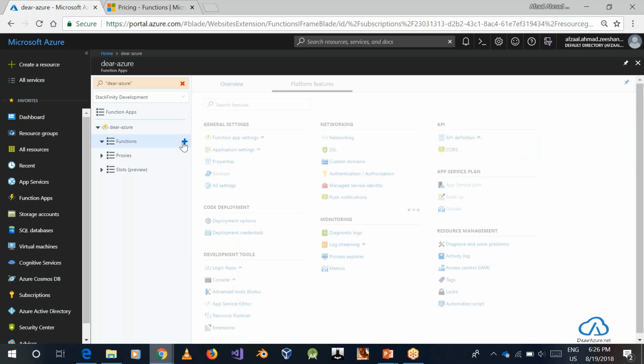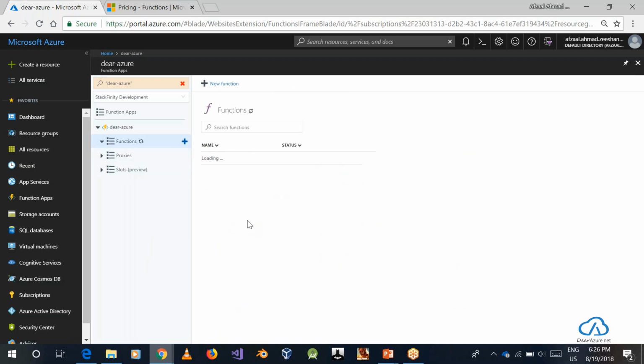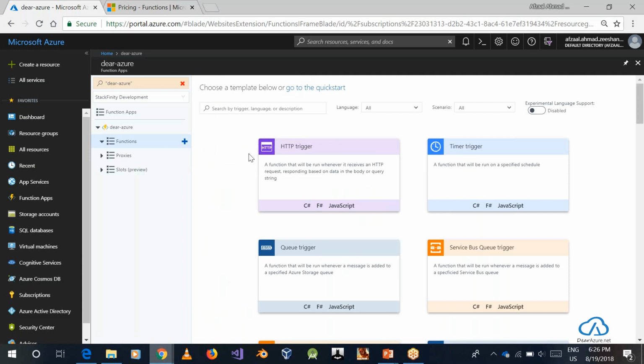So let's go ahead and, inside the functions tab, create a new function. So far we don't have any function. We can create a new function. The function basically is a task that we want our runtime to execute. A good practice in Azure Functions is to make sure that your function runs for a maximum of 300 milliseconds or 500 milliseconds, and must never go above 1 second.